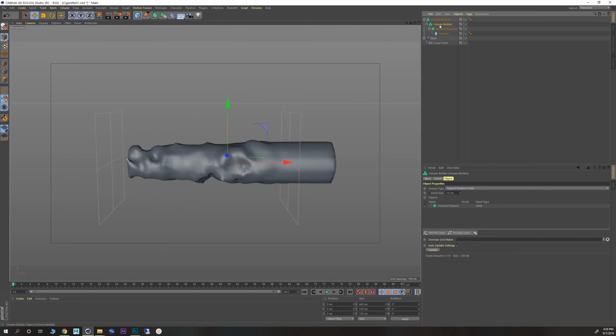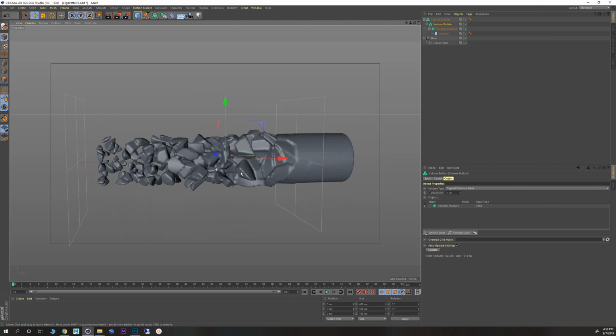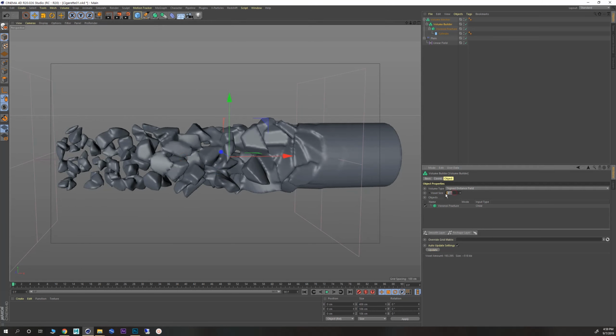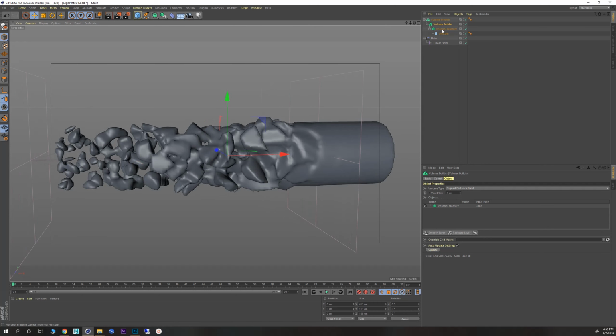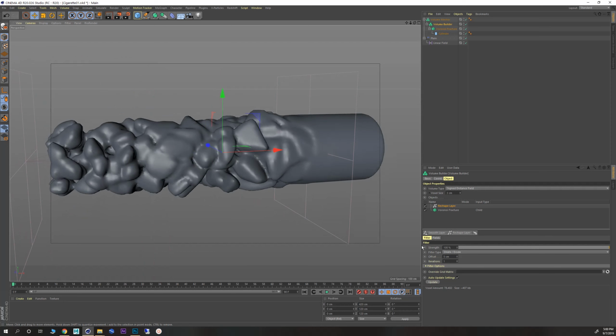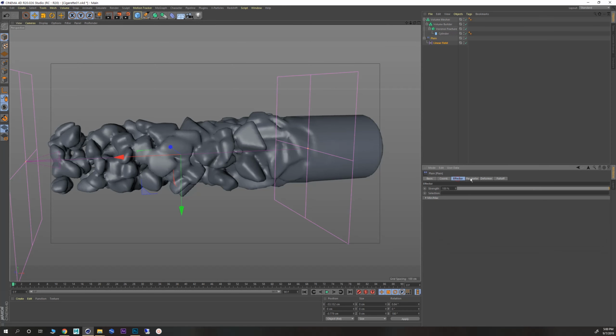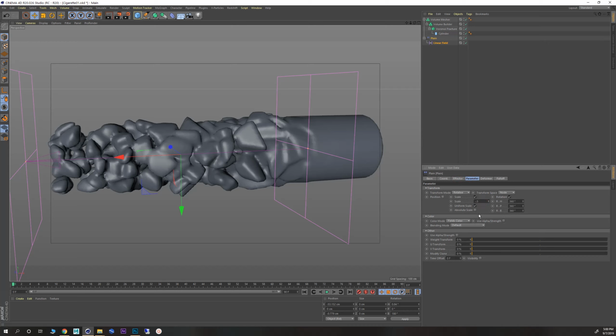To get more details, I would select volume builder, and in the voxel size I change it to something like 2, and as you see, it will start to show more details, but maybe I change it to 3. And to fill up those holes, you can do some different stuff. So one of them is to use the reshape layer, and as you see, it fills the holes. Maybe it's too much, change it to something like 3, and then I'm gonna change this scale to something smaller,